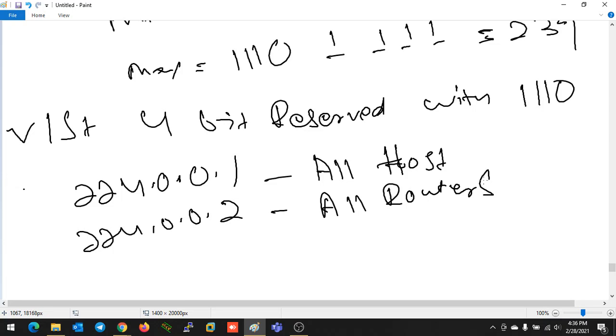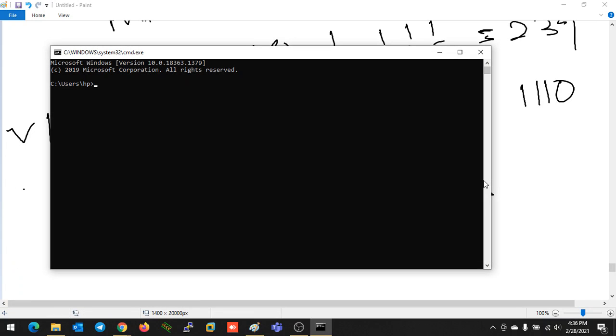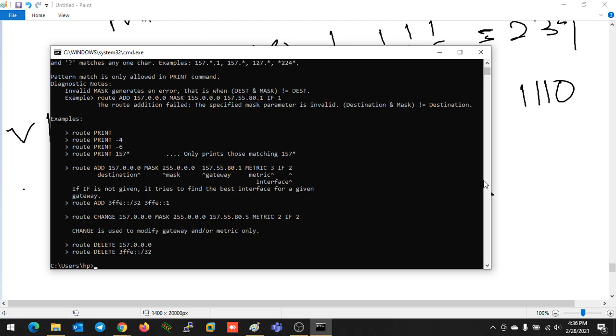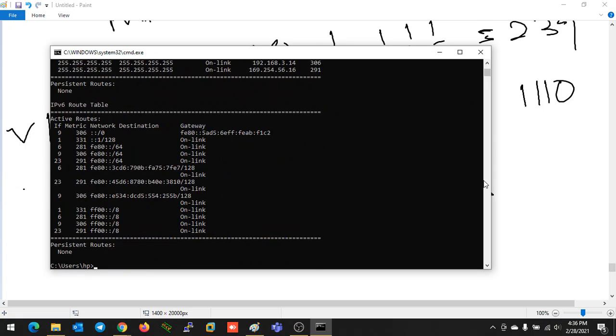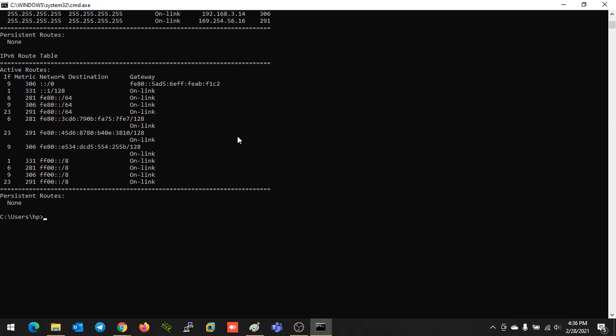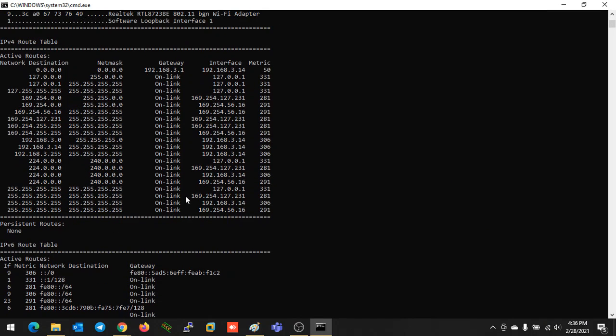If I am not wrong, I can also check that on my device. So this is the routing table of my device. This is the IP address already assigned to your device, known as the loopback IP address. This is the broadcast IP; in subnetting we will get to know about that.